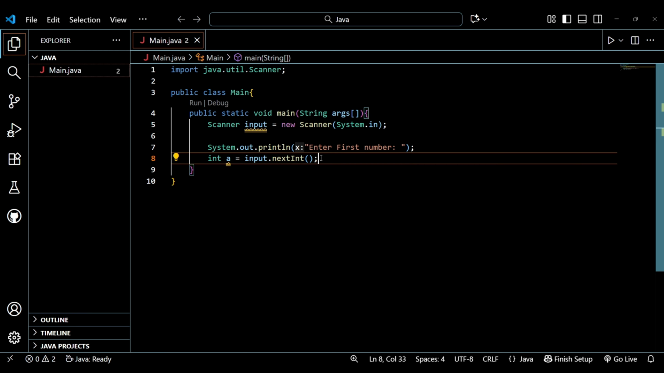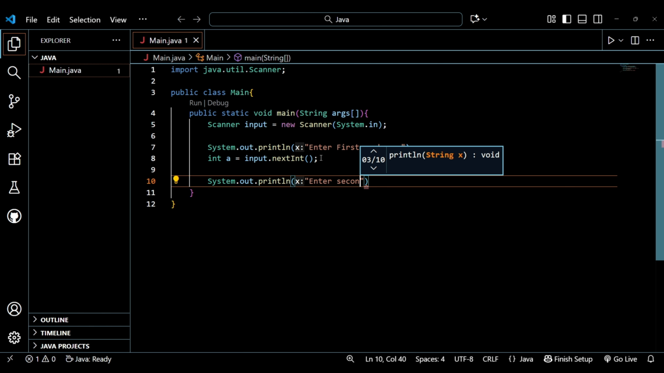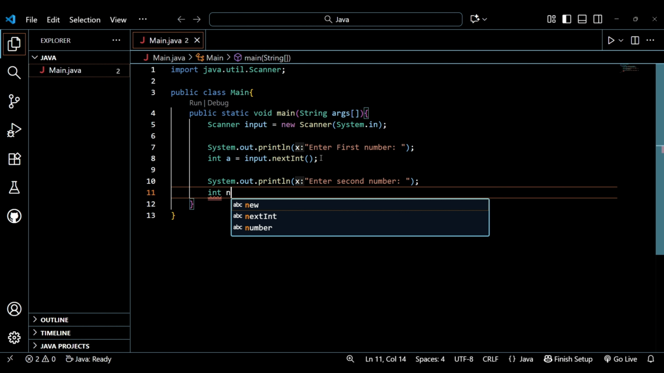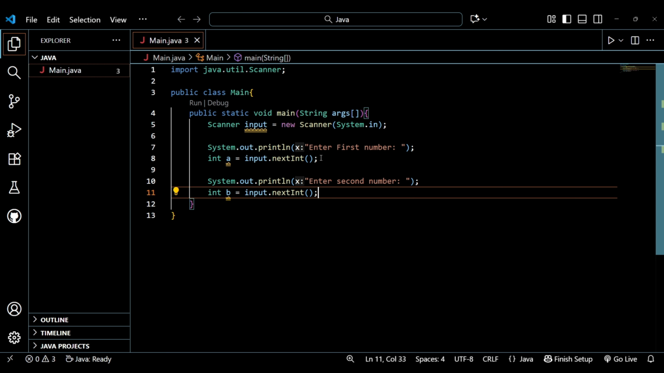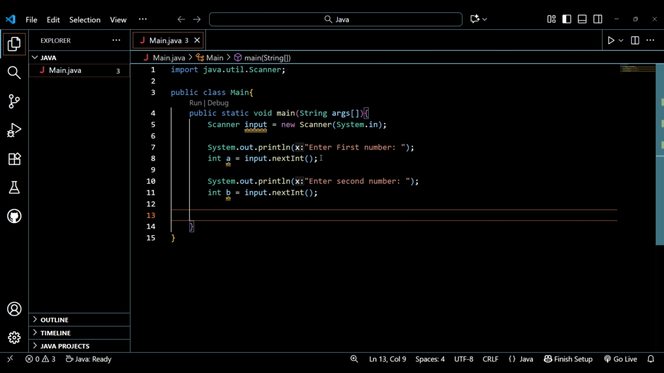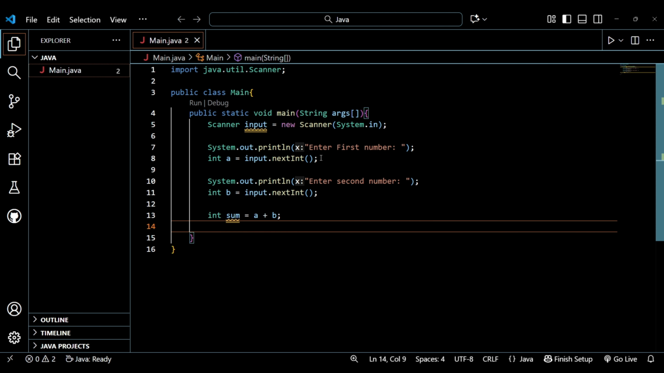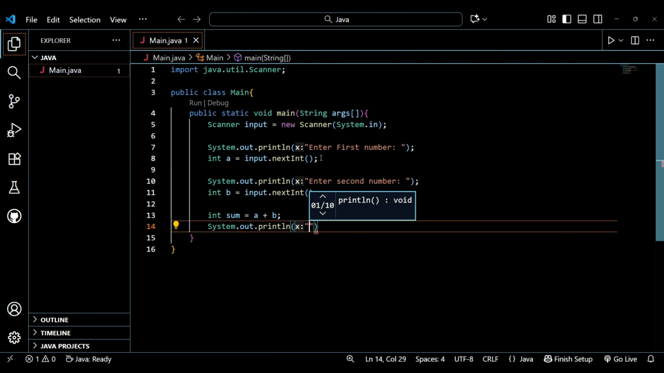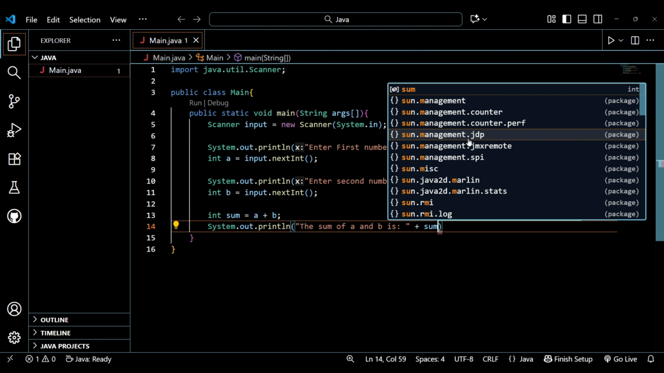And then again for the second number, System.out.println("Enter second number"); int b = input.nextInt(); Now I will calculate the sum just like I have done in my previous video. I will take another variable, int sum = a + b. Finally, I will print the result. System.out.println("The sum of a and b is " + sum);